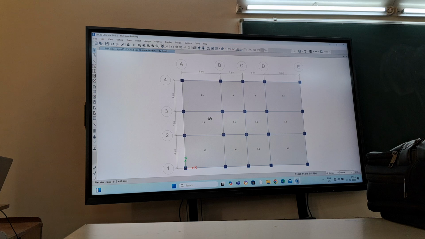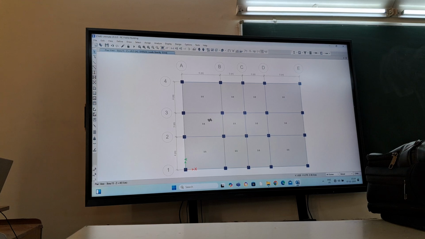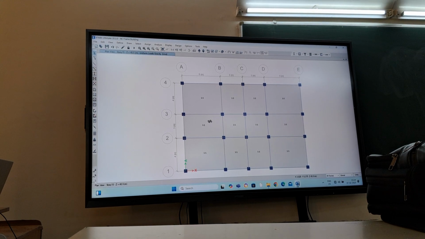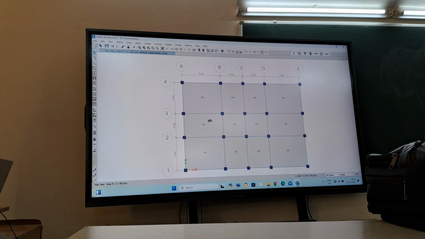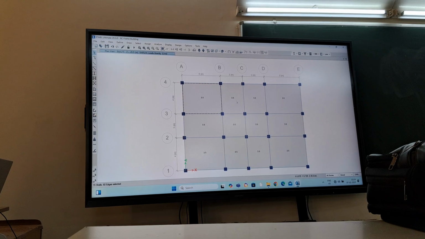Okay, depending on the size of the meshing, this we have discussed in the FEM class also. In one day, how the size of mesh fits the behavior. We have seen that. Okay. So the same thing is applicable here also. Okay. So when you are modeling using shell element, you have to take care of the meshing. Proper mesh test should be provided. If you want to do that,